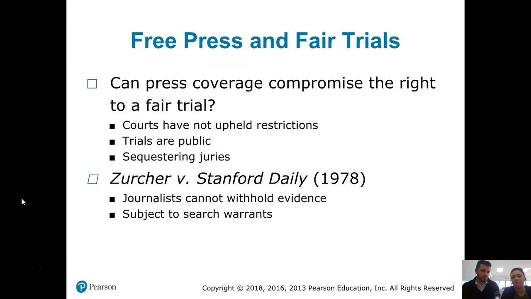One thing that they do is they will sequester juries, and that means that they basically take everything away from them. They can't have a phone, they can't have a TV,